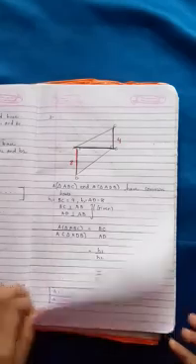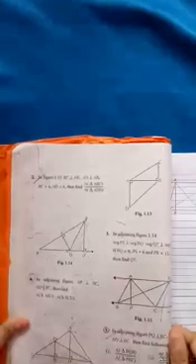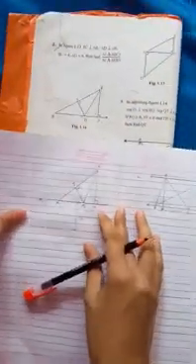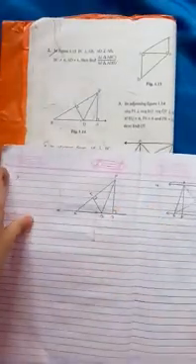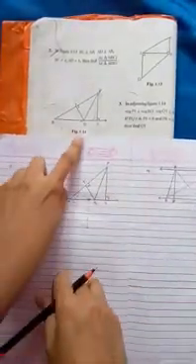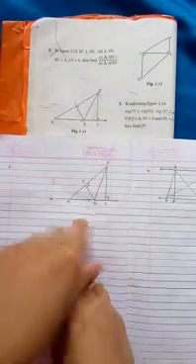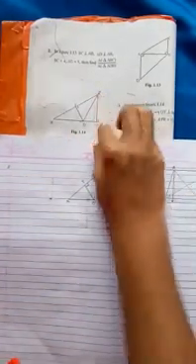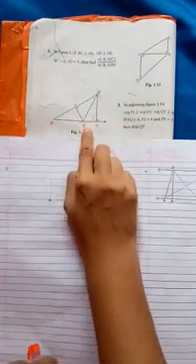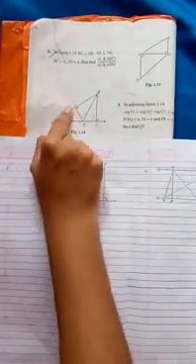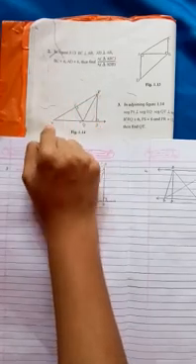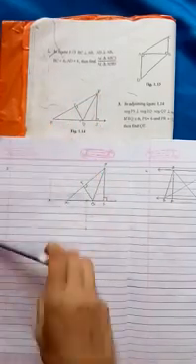Now let's go to the third sum. Very interesting. Now if you observe the third sum here, what is the question of the third sum? Tell me. You have, in the adjoining figure 1.14, can you see, PS is perpendicular to RQ, and QT is perpendicular to PR. Okay? They have given what?